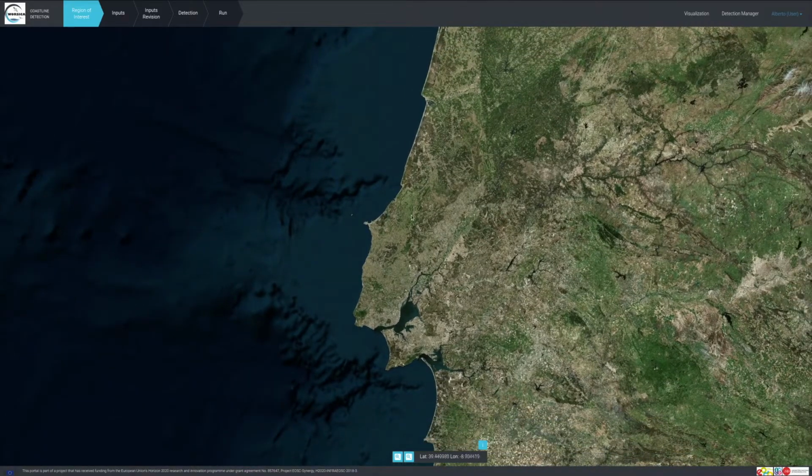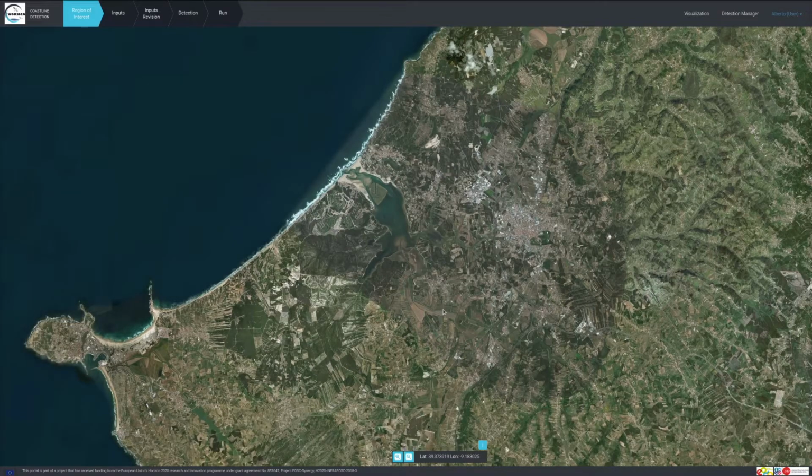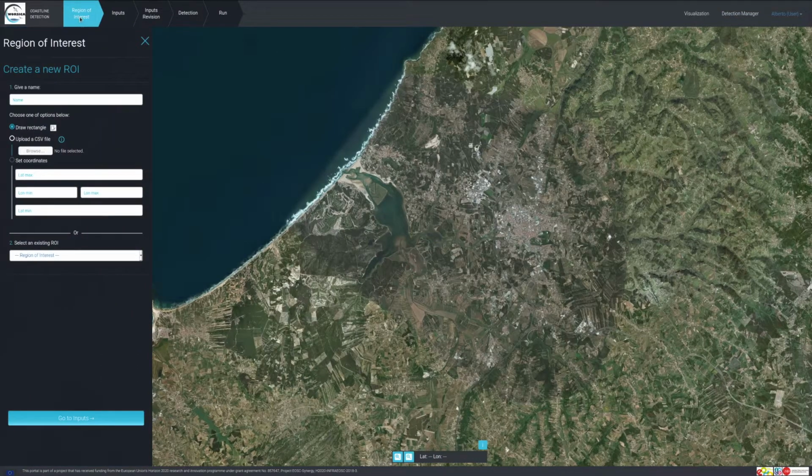Inside the coastline detection, the user can navigate to the area of interest, follow the steps of the workflow, and set the simulation. Let's start with the region of interest. The user must define a label for the region of interest. After that, we must specify the area for the determination of the coastline, drawing a rectangle or providing a file with the coordinates,